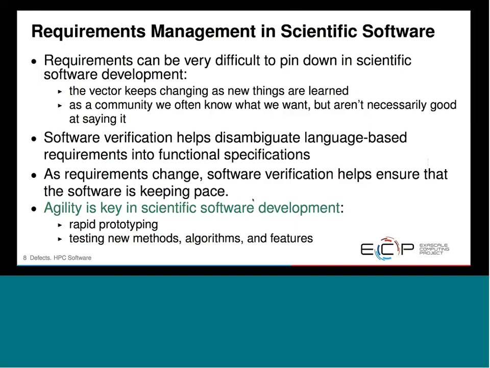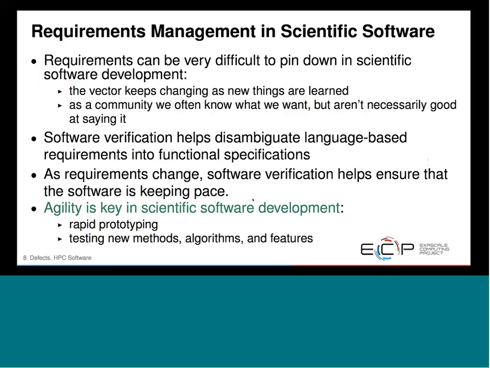We don't operate in a waterfall model. We can't easily say we're going to do A, B, C, D, and then we're going to discover new science, right? What we often try to do is look at A, hypothesize A, do some testing, and realize that we have to make a correction to that hypothesis. So it behooves us all to know that the requirements are going to change and to develop processes for dealing